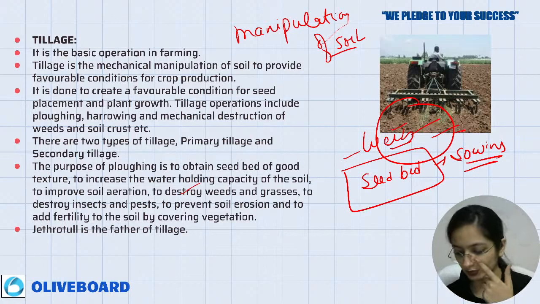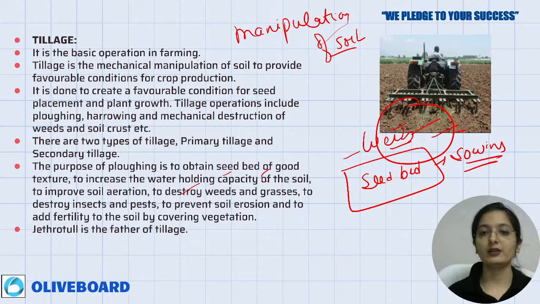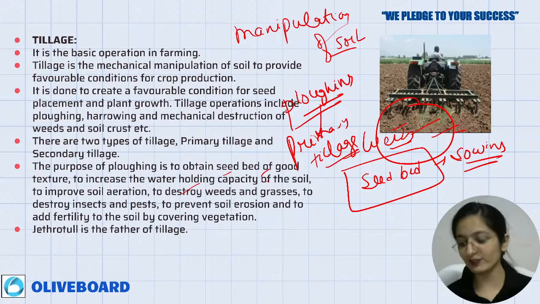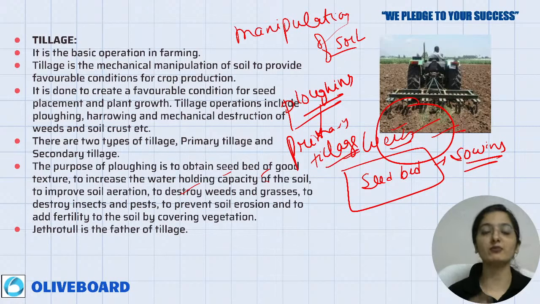As you mentioned, Manoj, one such operation is ploughing. Ploughing is what happens in primary tillage. I will let you know when we discuss the different types of tillage. You have primary, you have secondary. In the primary method, you are using ploughing, and then comes secondary tillage also. I'll let you know, but I hope that the term tillage is clear to you.